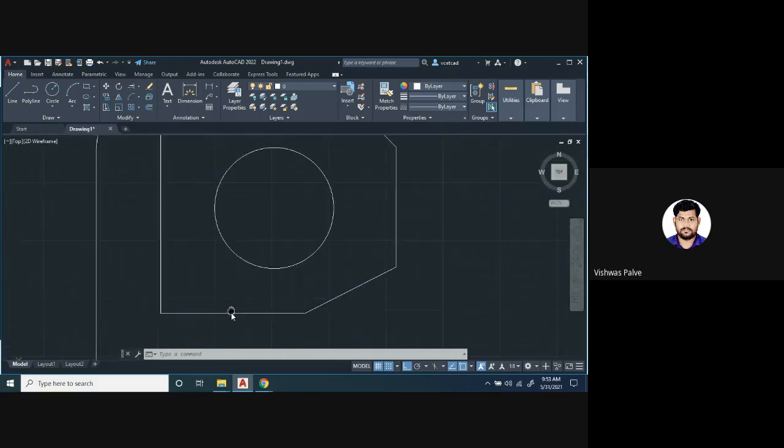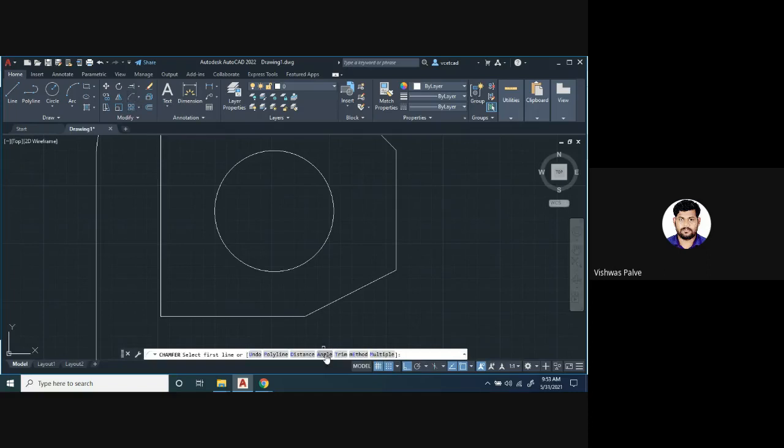Now let us try something different in that chamfer. There is another option, that is angle. For angle, we'll press A enter. Now it says select the chamfer length. So I want a chamfer length of 10 millimeter, and then it says how much is the angle. I'll say 45. Then it says select the first line and second line.